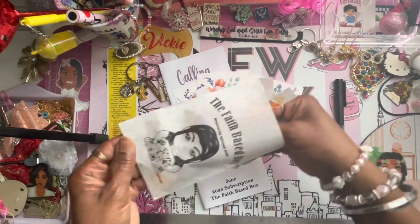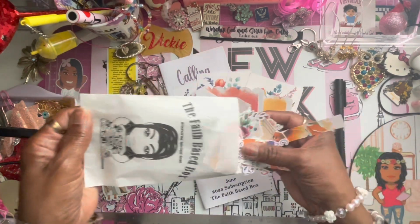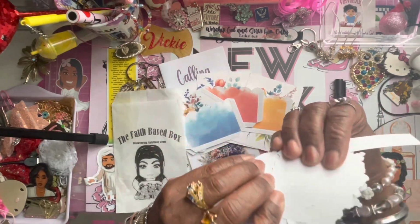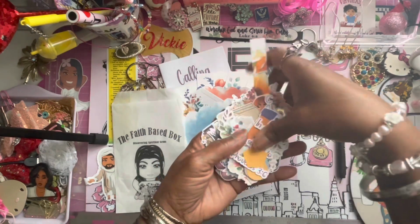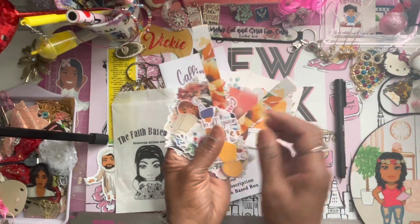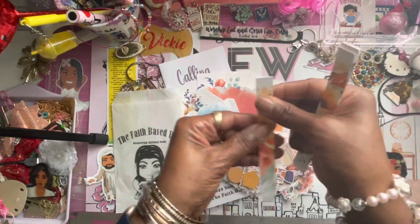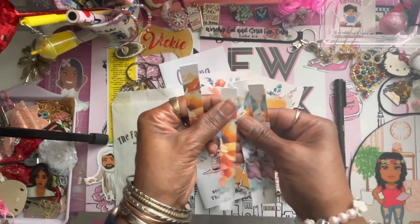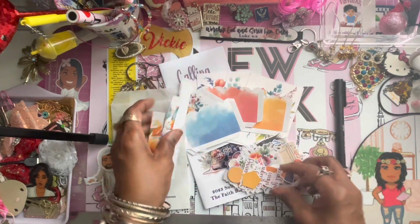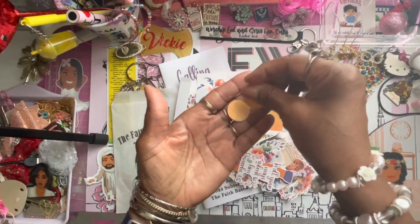And then we have the die cut pieces. And the die cut pieces are cardstock and not sticker die cuts. And look how many pieces you get. These are your, let's see if we can separate them here. These are your washi strips, and you get shapes, shape pieces,